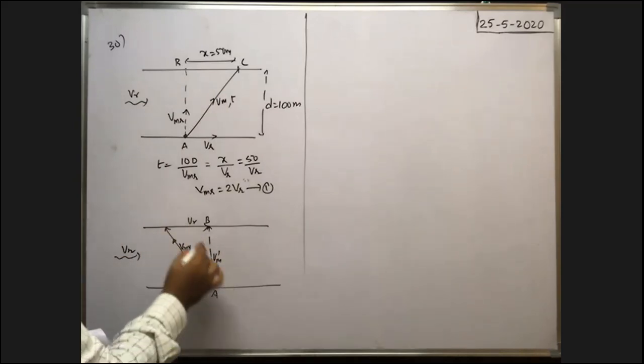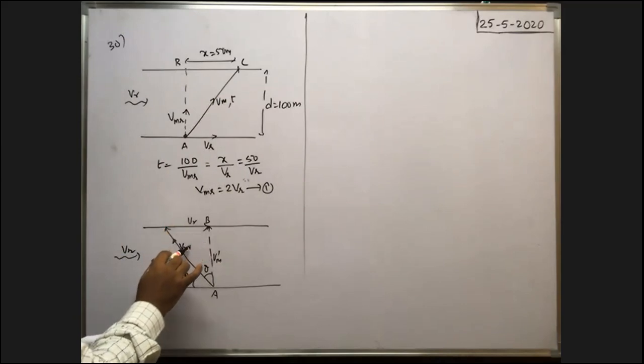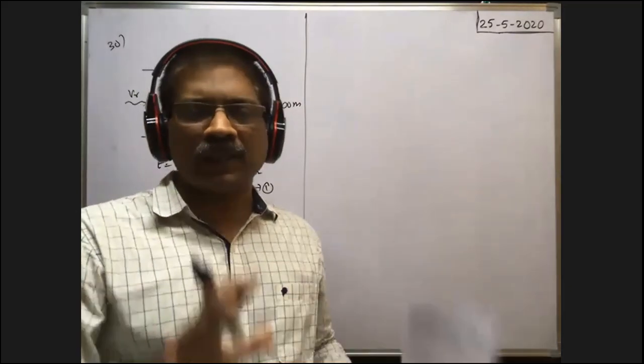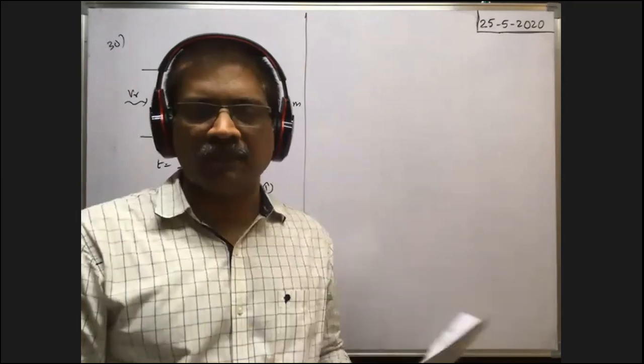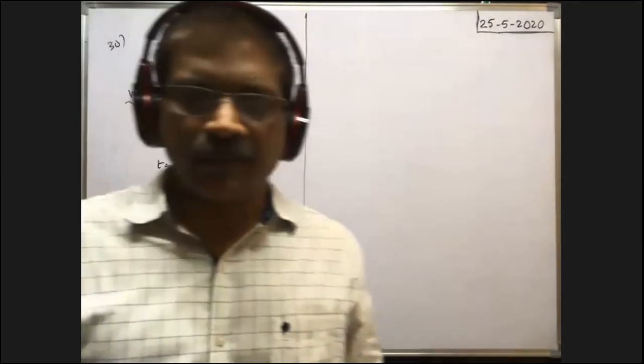So in this right angle triangle, this does not change. Velocity of the river does not change. Velocity of the man with respect to river means that is fixed for the given boat or for the given ability of the person. That is fixed. Okay. So after I teach this problem, then you ask me the doubt. Vamsi Krishna. Okay.